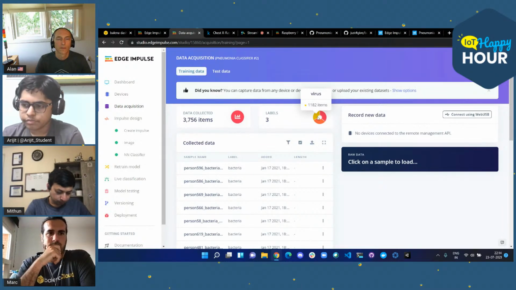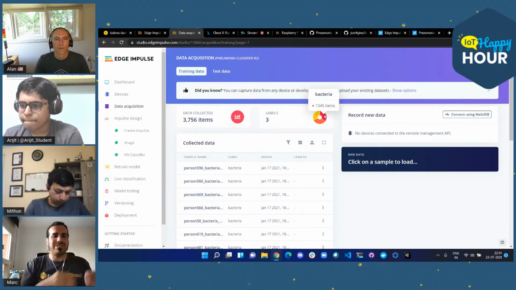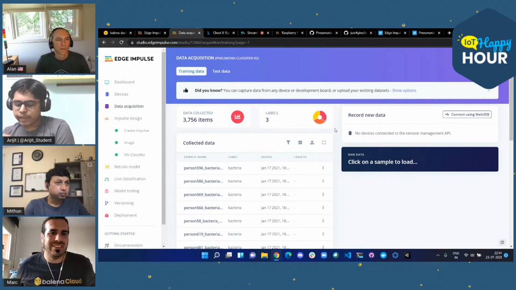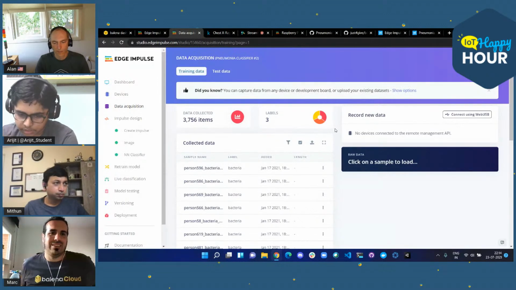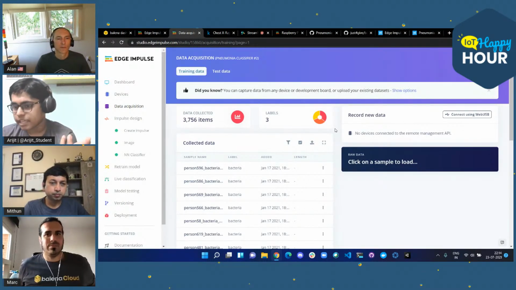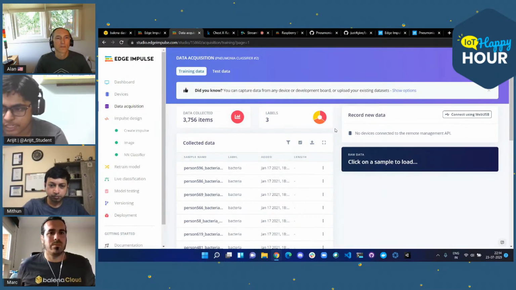It has about 1,200 images of viral pneumonia. So it looks like 30%, no? You have 3 groups, with the same amount of images? Yeah, we need to have the viral pneumonia, then the bacterial, and there are also some cases in which the patient is not affected by pneumonia. So for that, we have to take a normal situation, where the person is not affected by pneumonia.